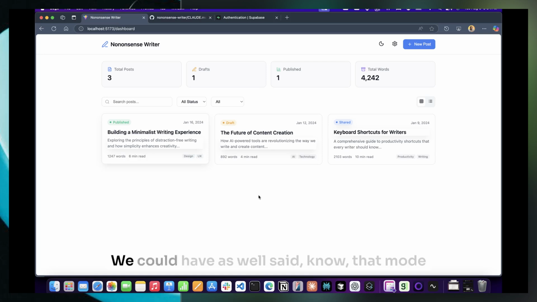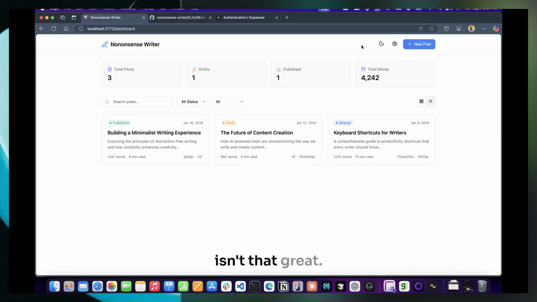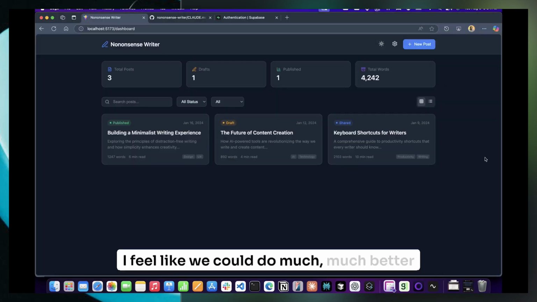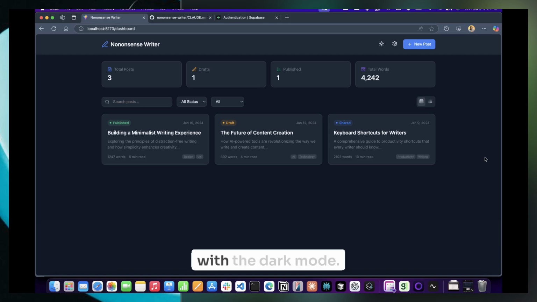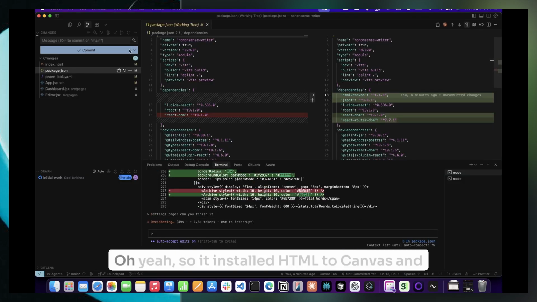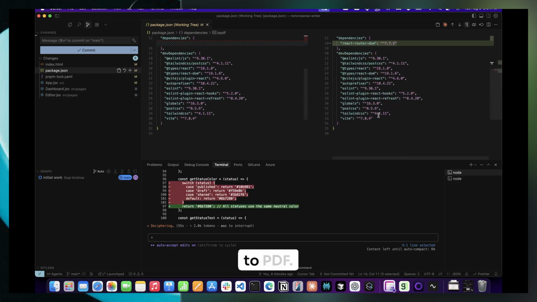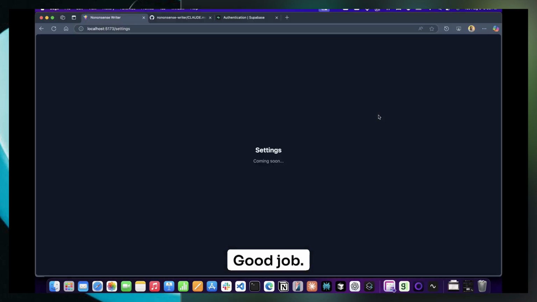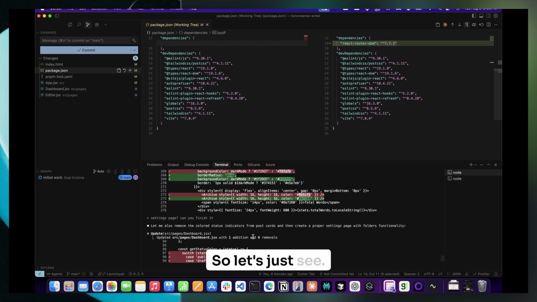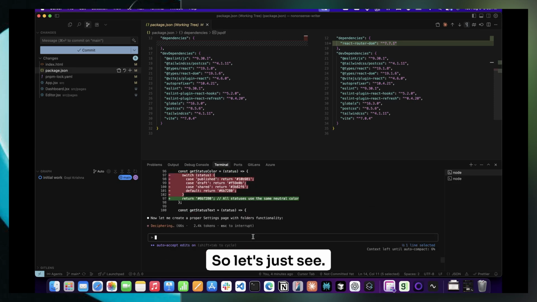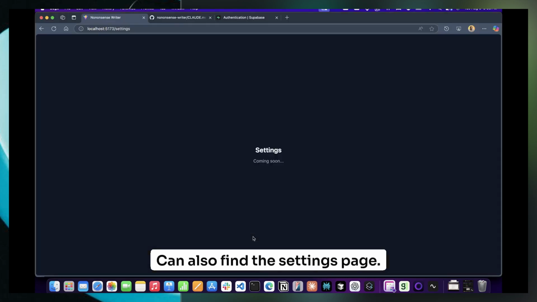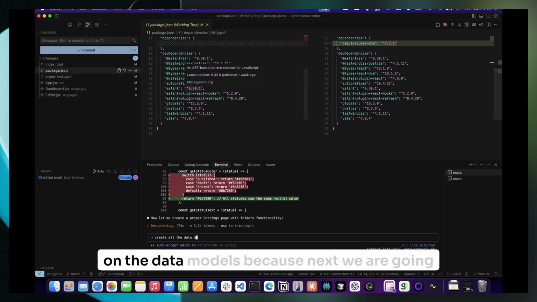Awesome. We could have as well said, dark mode isn't that great. I kind of feel like we could do a much better job with the dark mode. Wonder why it changed. Oh yeah, it installed html2canvas and jsPDF. I think jsPDF is the one that will help us export to PDF. Good job. So what did we also say? Can you also finish the settings page? We said, right, on the data models,